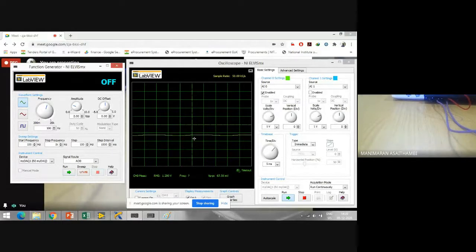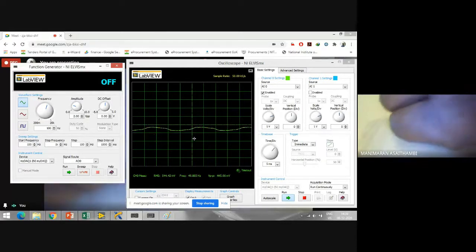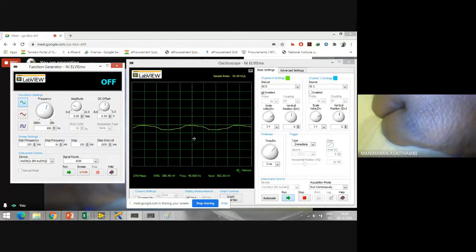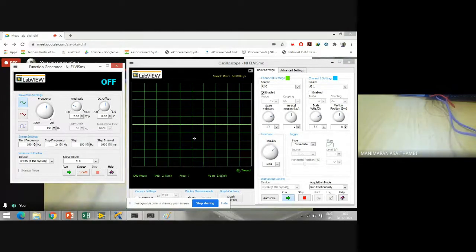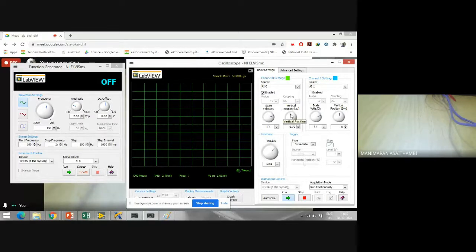So now do you see there are some floating signals? This is due to this ground line. See, whenever I touch this ground line, there are some spikes there, which means I have some noise signals. So I try to ground that line to the AGND. So now do you see on my oscilloscope, I don't have any floating signals? Do you see these signals are not floating?